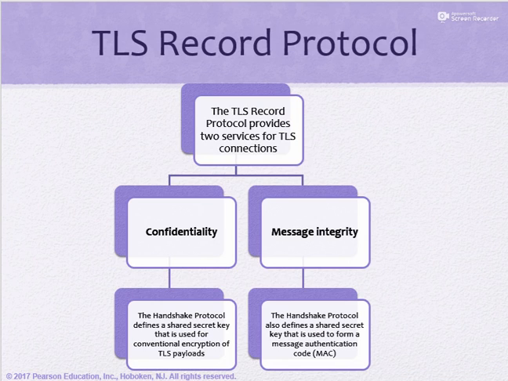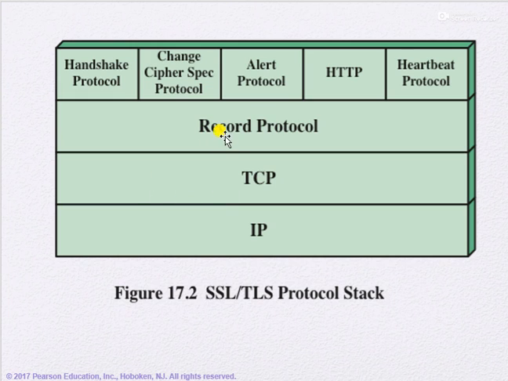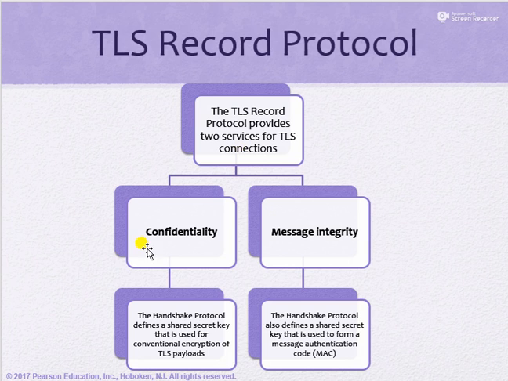Okay, TLS record protocol provides these two services, which are confidentiality and message integrity. If you look here, this is our TLS record protocol, which is on top of TCP protocol, and here we have handshake protocol. So TLS record protocol provides confidentiality. How does it provide confidentiality? Through the handshake protocol, when a connection is established, then session is established, and shared secret keys are shared among both parties,